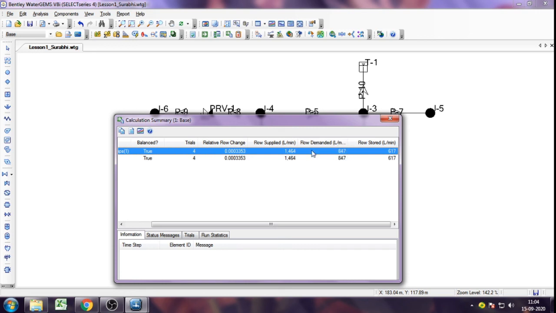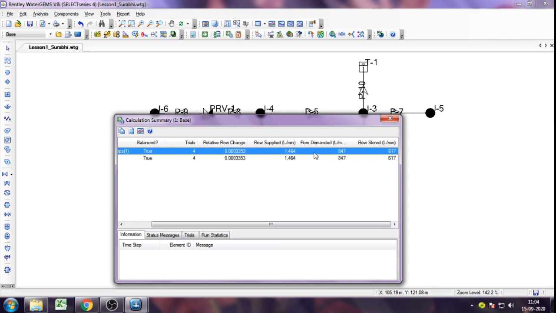This demand we have also assigned when we assigned it to the different junctions. So you can see that as this demand is less and supply is more, hence our water needs are being met, so our supply network is fine.